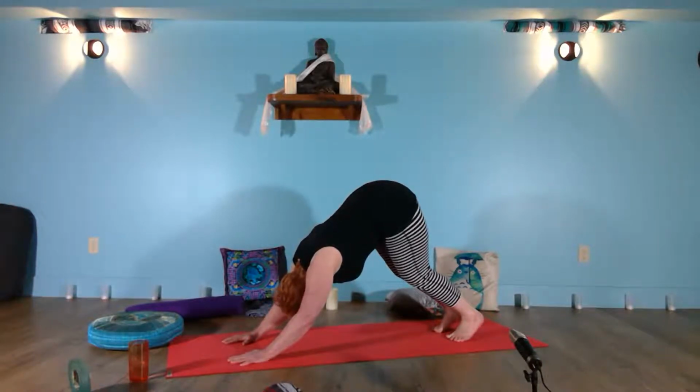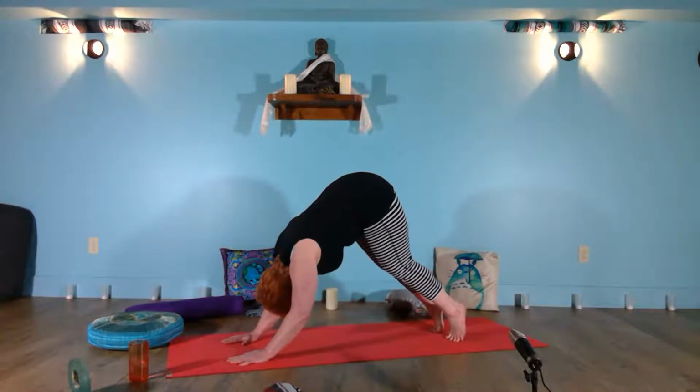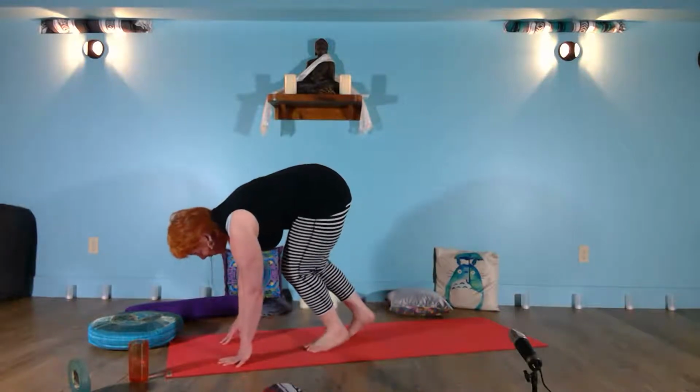Chest moves toward the thighs. Gaze between the feet. Heels aim for the mat, but it's a direction, not a destination. Index finger and mounds of the thumbs are pressing into the mat. Inhale, rise up to the tiptoes a lot. Exhale, bend the knees, look past your hands, a little walk all the way to the front of your mat